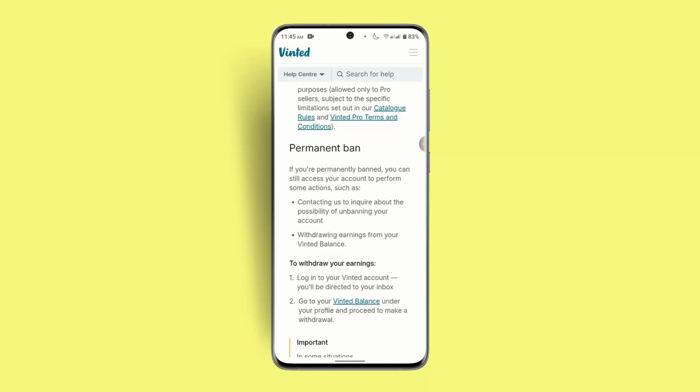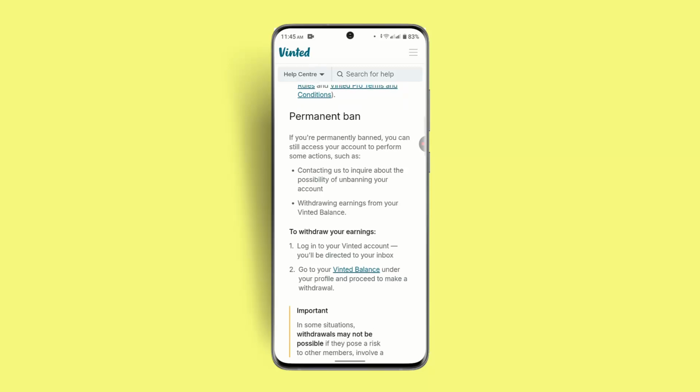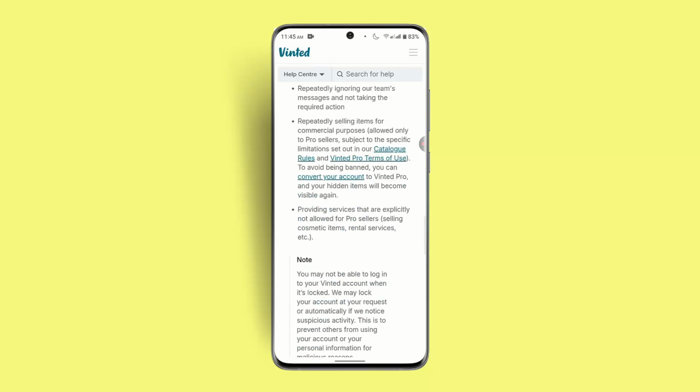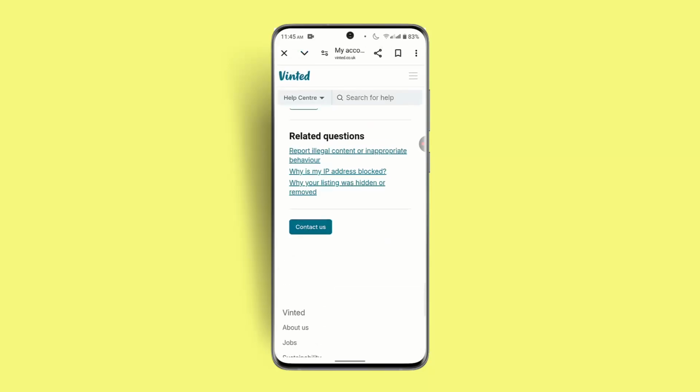Now, if your account is permanently banned, you can still access your account to perform some actions such as contacting the customer support to inquire about the possibility of unbanning your account and withdrawing earnings from your Vinted balance as well. Now, in order to withdraw your earnings, you could follow the steps. So similarly, you could go ahead and read about all of these,